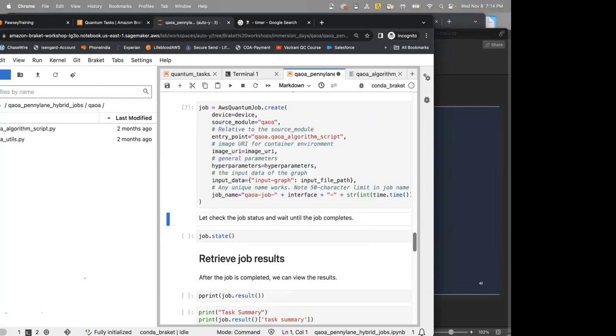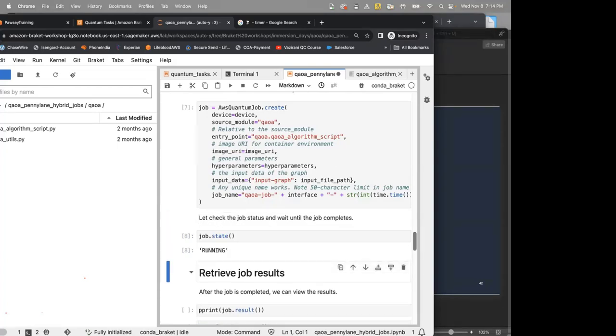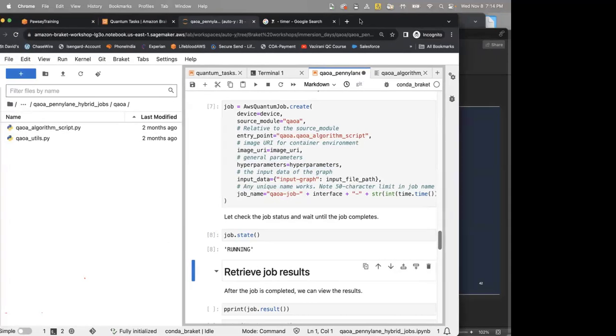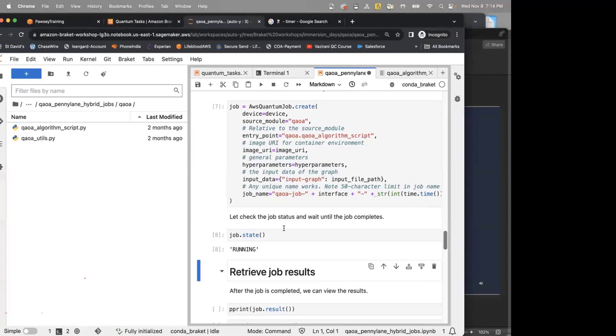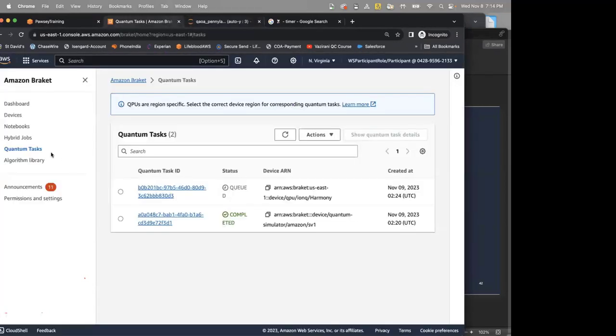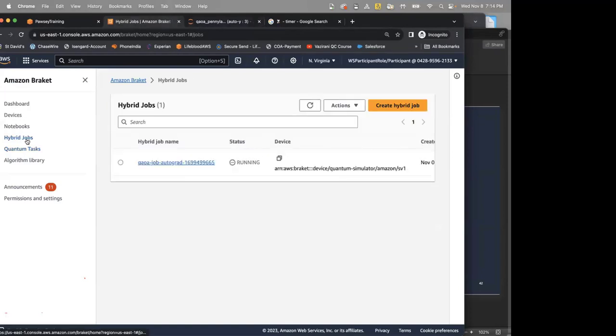It takes a minute for the job to be created. And if you click on job state, it is running. So right now the job is running. Now we can go and look at what the health of the job is. So if you go to hybrid jobs, we have a job running up here.